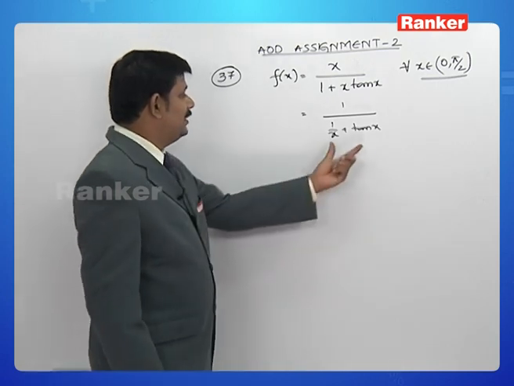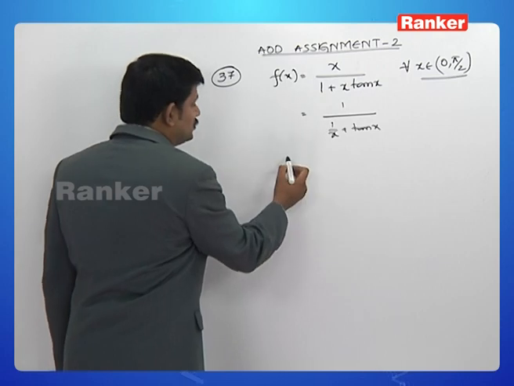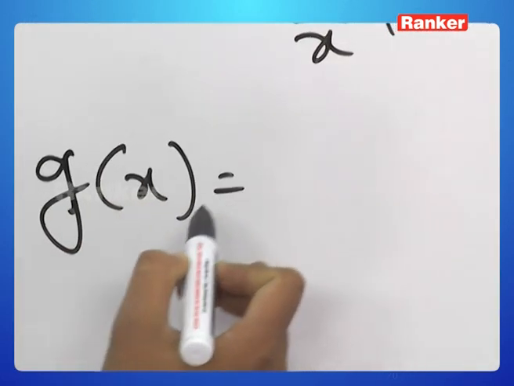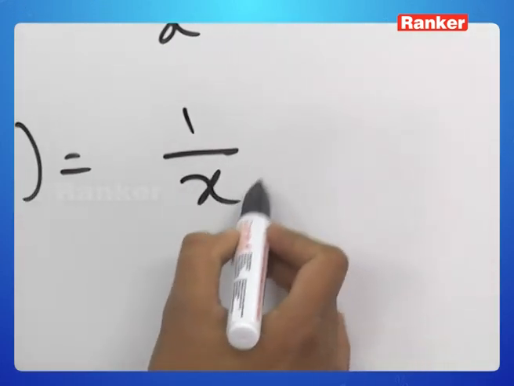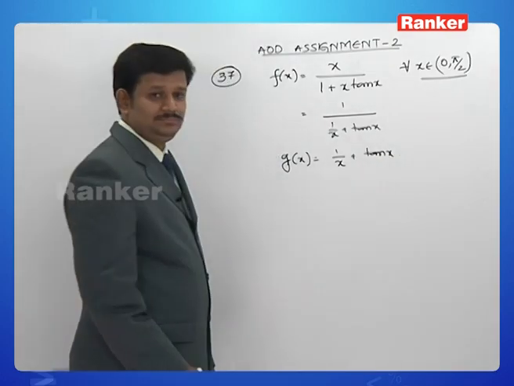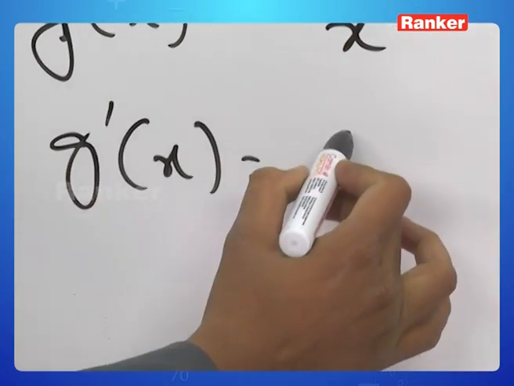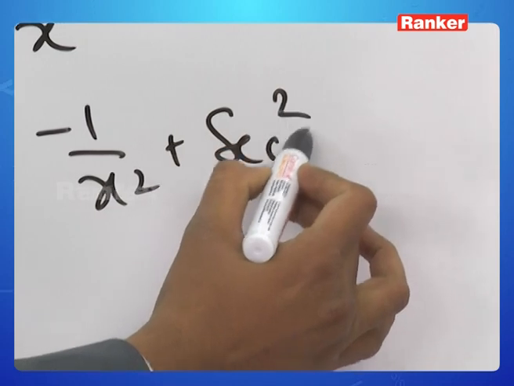Wherever this has a point of local maxima, f of x has a point of local minima. So, let us take the advantage of 1 by x plus tan x being positive in the interval 0 to pi by 2, and let us look at monotonicity and maxima minima of the function g of x is equal to 1 by x plus tan x. G dash of x would be minus 1 by x square plus secant square x,